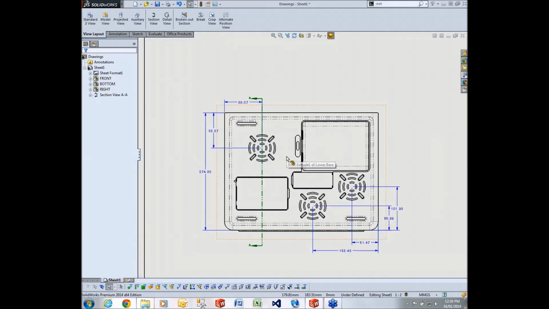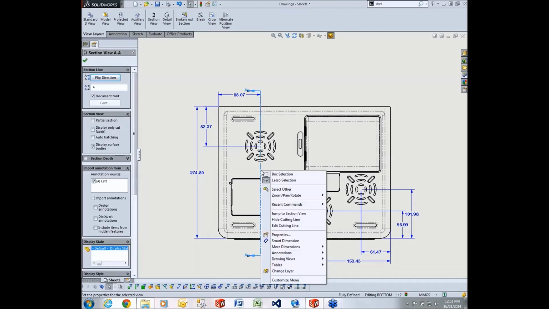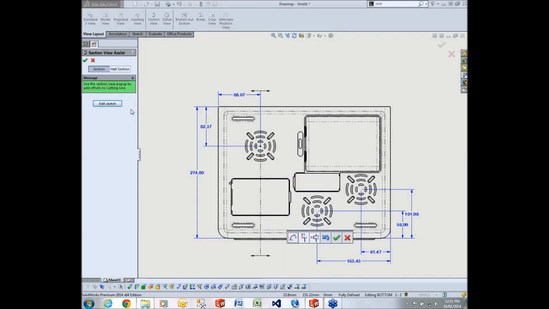Okay, and one of my favorite improvements overall, not just for drawings, in 2013 was the section view assist tool. It made it so much easier to apply sections in your drawings, like snapping to holes and things like that. The problem came when you wanted to modify that. The only option you had was to edit the sketch. So you had to go back to the bad old days or delete it and recreate it. What we now have the ability to do in 2014 is edit the cutting line, and it